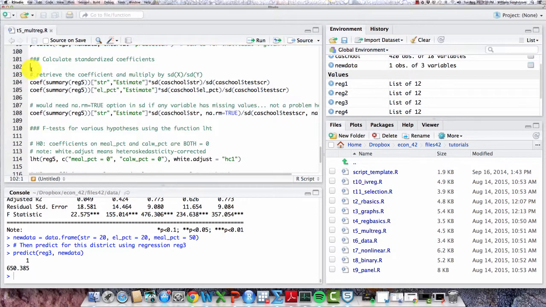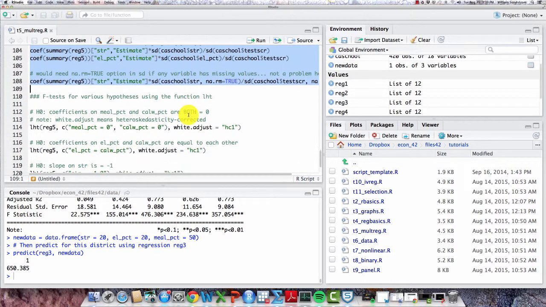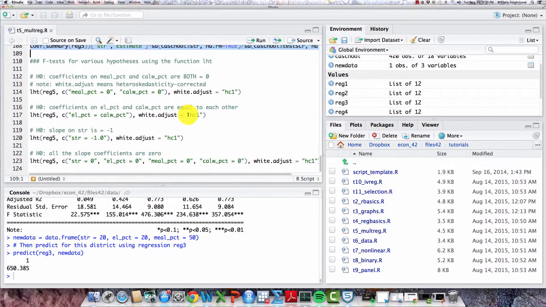Now, the next set of code here in this tutorial talks about how to calculate standardized coefficients. Standardized coefficients are a way of rescaling the coefficients so that they are in terms of the standard deviations in the data for each of the variables. I'm going to let you do those yourself in light of what you learned in class, and we'll talk more about that. I want to move quickly here to talk about a really important tool that we have for